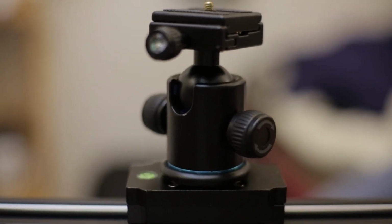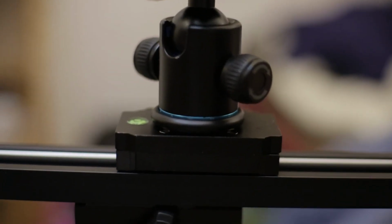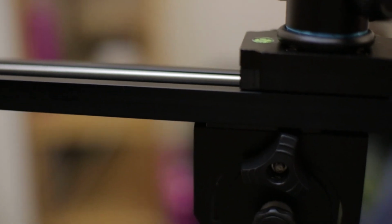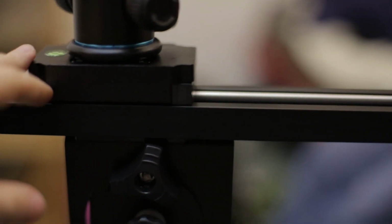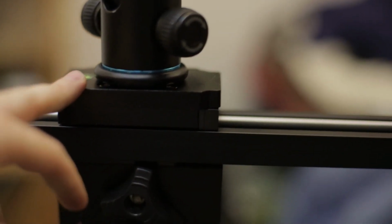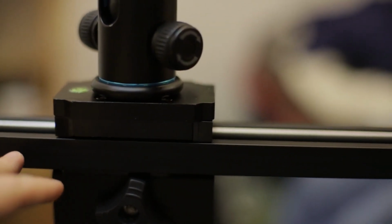Okay guys, so really quick mini review of this cheap China slider. I don't really have time to set up a proper full-on review of this, so I just wanted to really quickly show you this before I sent it back. Now I'll go over the issues of this. Now basically